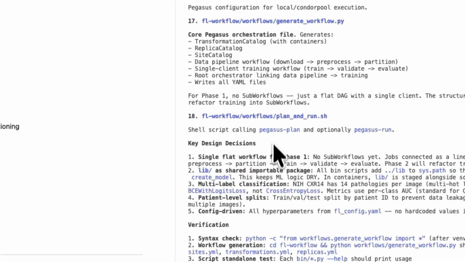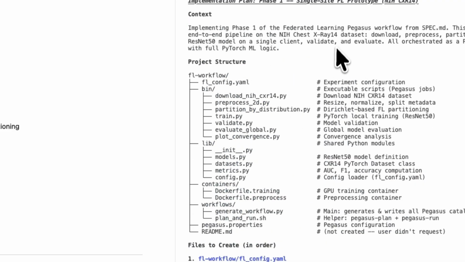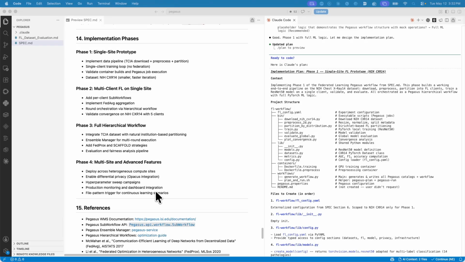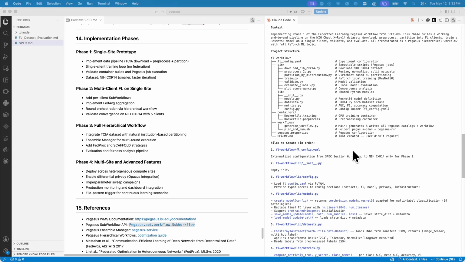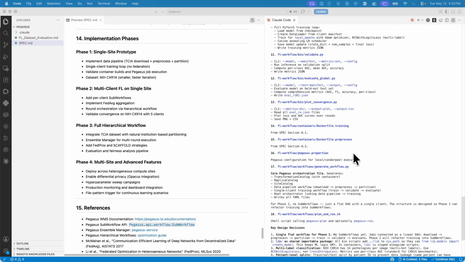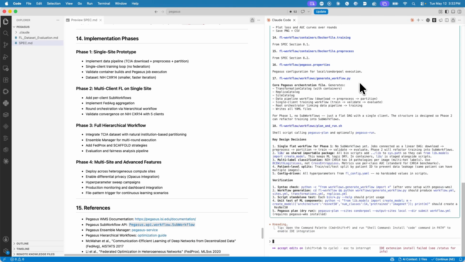As you can see, it presented me with a plan for phase 1, and on the left you can see the various phases which it presented before in the spec.md, and now it has the implementation plan for phase 1, which is single site prototype. I think I like the plan, and I'm going to accept and clear the context